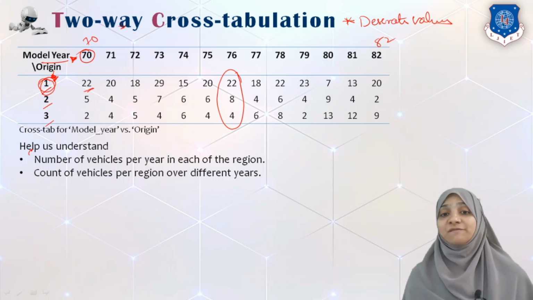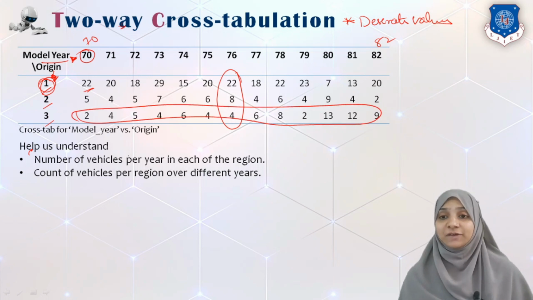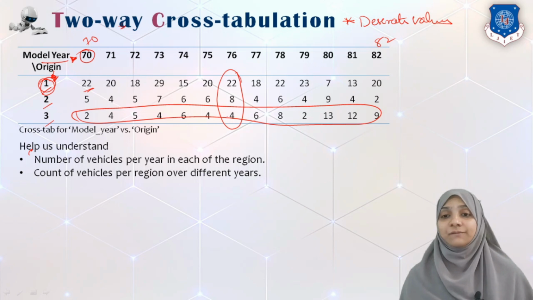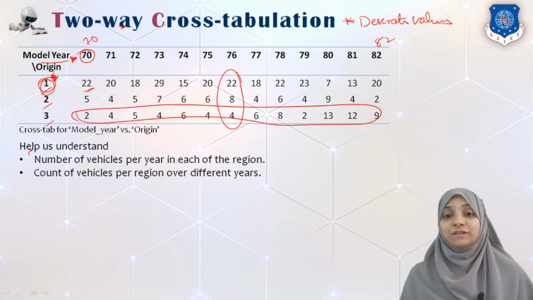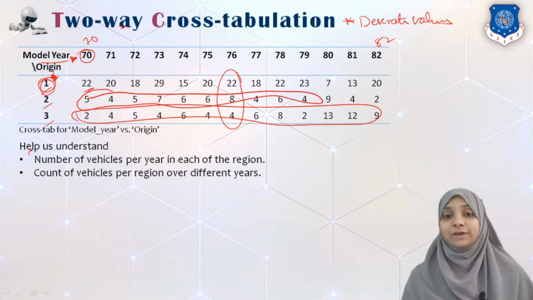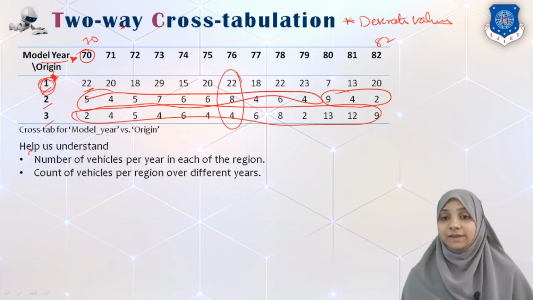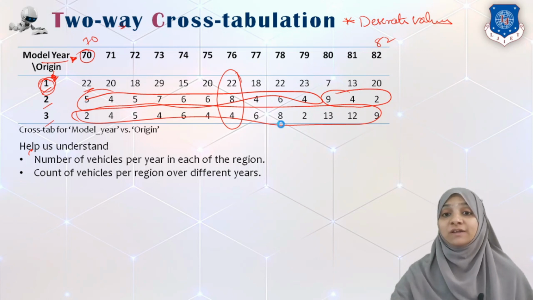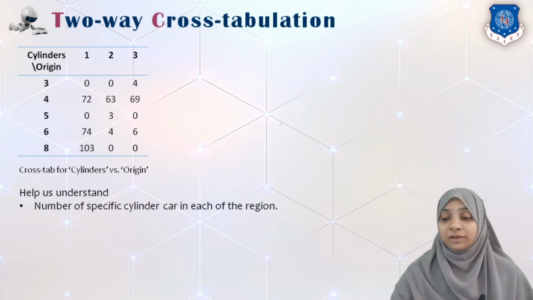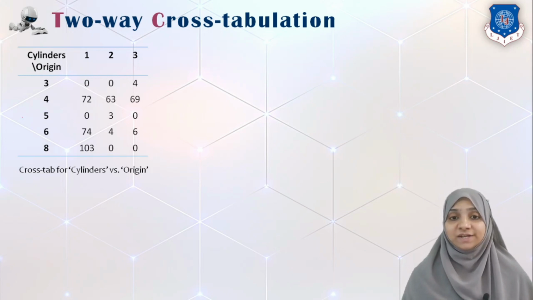And we can obviously find out the number of vehicles manufactured in a particular zone. Say in zone 3, I will sum up all these column values. Or I can find out vehicles manufactured in the 70s in zone 2, and vehicles manufactured in zone 2 only but in the 80s. So we can perform something called rolling up and drilling down. I will explain that later, but let me show you another way of representation.